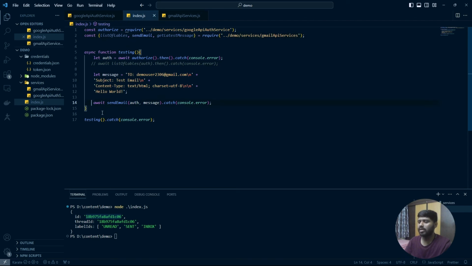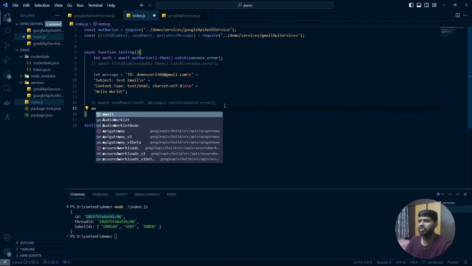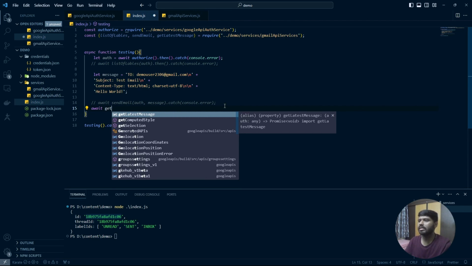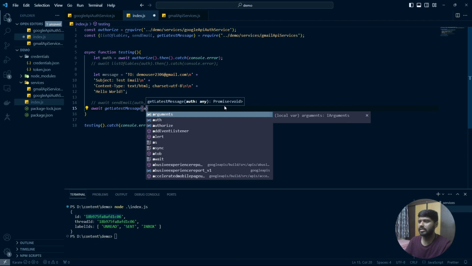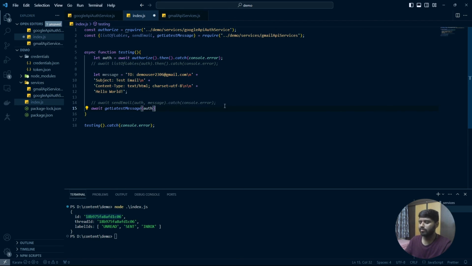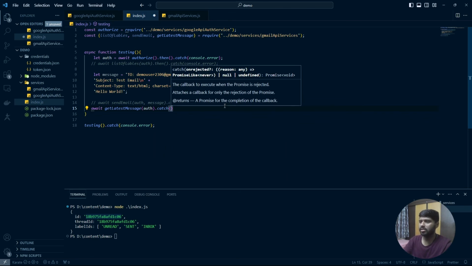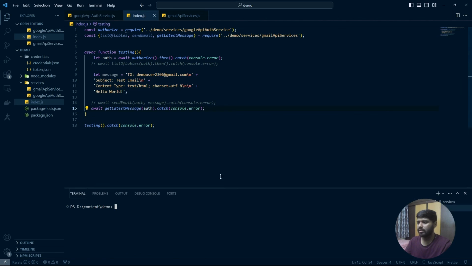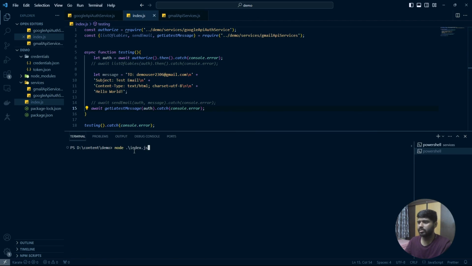This time we just wanted to comment out the sent email, because that is already checked. We just wanted to check one more method, getLatestMessage, which is expecting the auth, and .catch for any error if we get. Now if we clear our terminal and execute this,